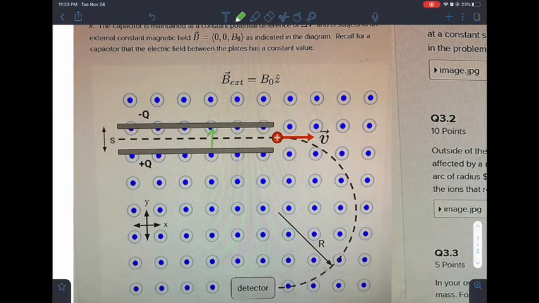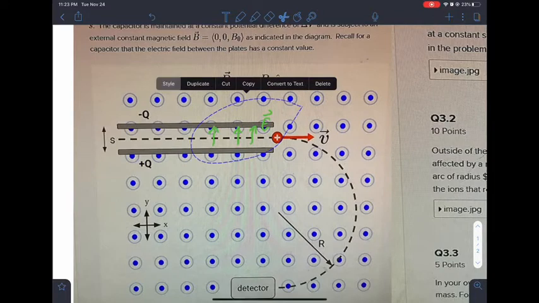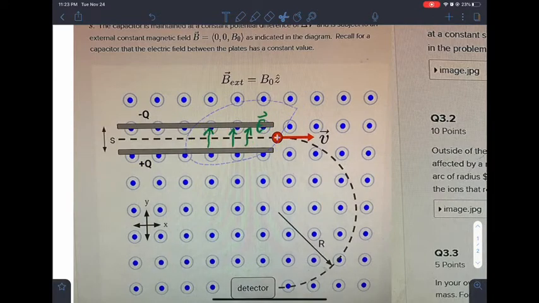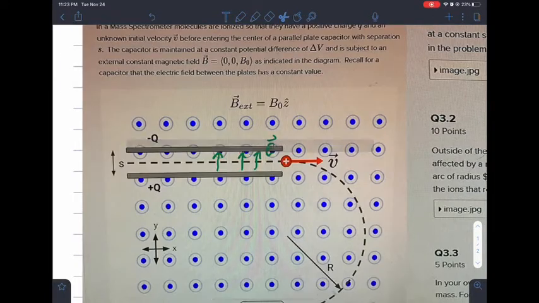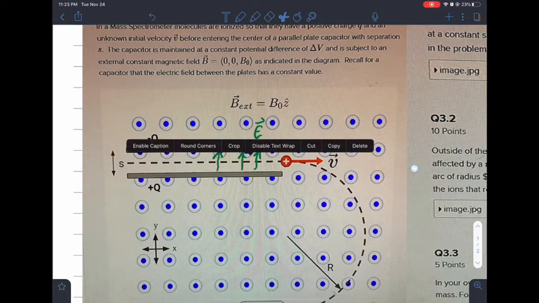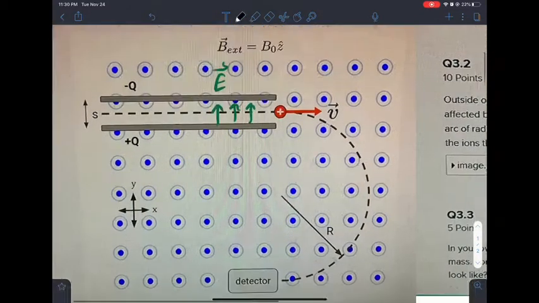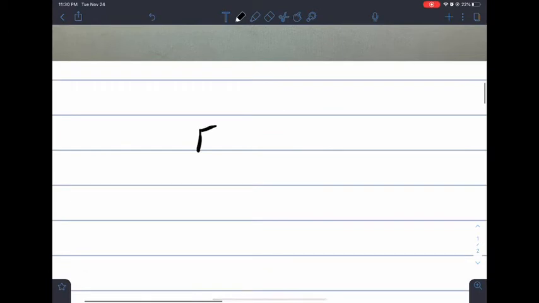So first of all, there's an electric field due to the capacitor that is in the upward direction, from the positive charge to the negative charge. It also feels a magnetic force due to the velocity that is perpendicular to the magnetic field, which will come into play in the calculation. First of all, the net force acting on the particle is zero,